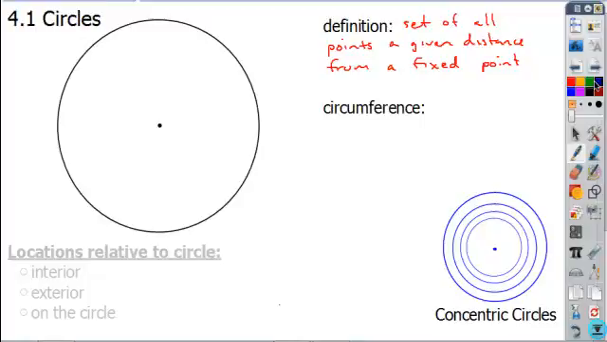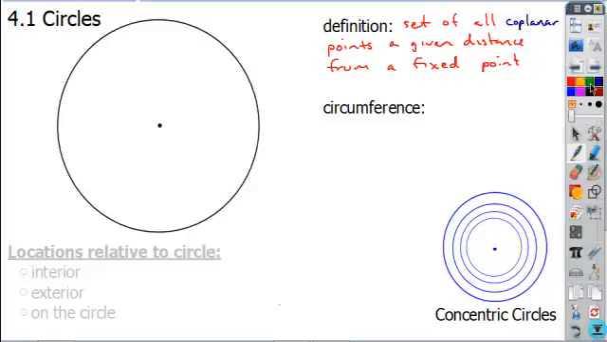So what limits it to a circle? Yeah, they have to be on the same plane. So we do need to add this descriptive term, coplanar points. Okay, so a circle is defined as the set of all coplanar points that are a given distance